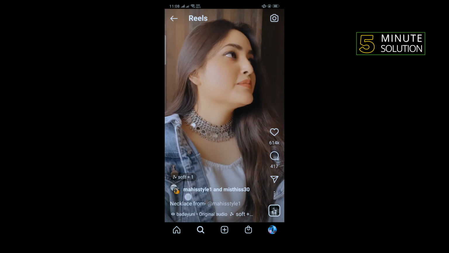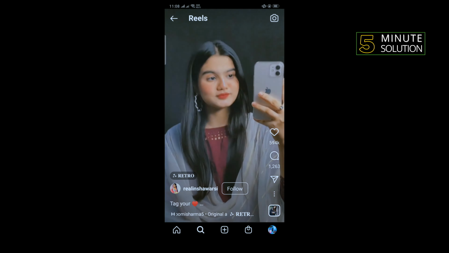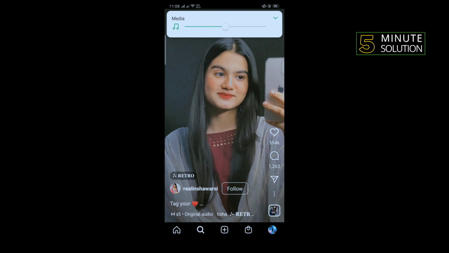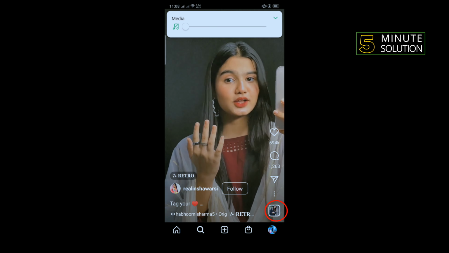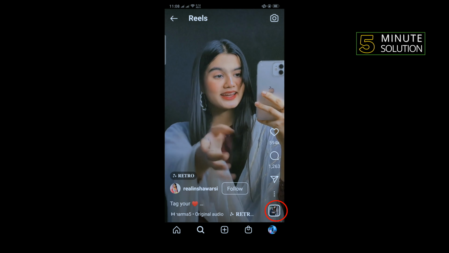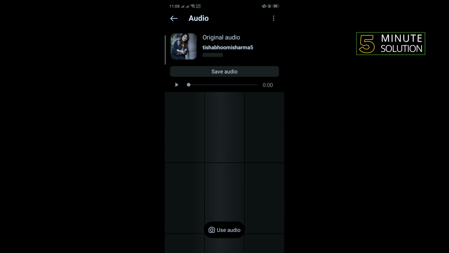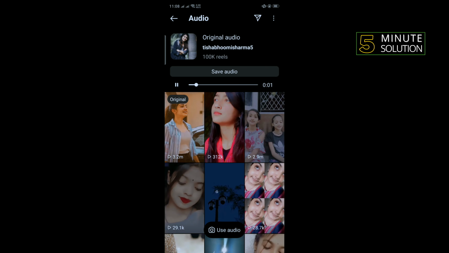So first of all, open the reel you want to use the music. And then tap on this icon here. And here you'll get the music. You can save the audio by tapping here, and to use the music to your reel, tap on use audio,